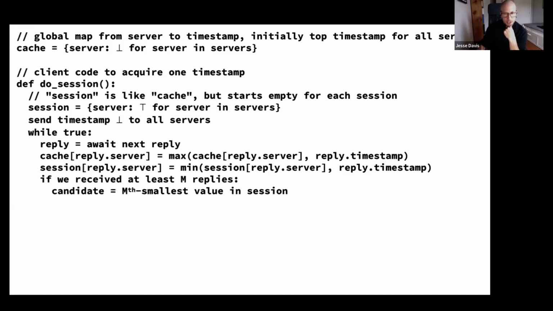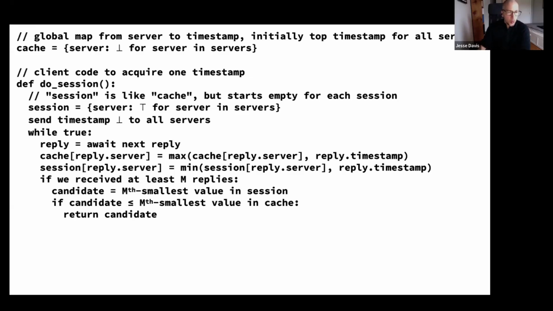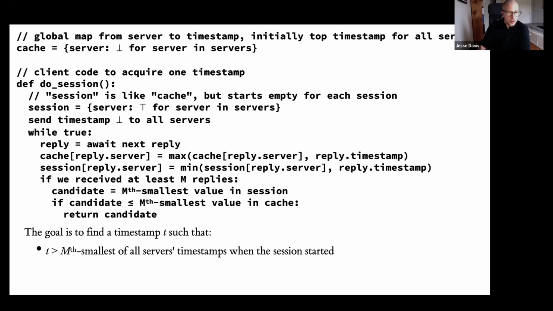We check if we received at least m replies, and we set the candidate to the nth smallest value in the session. And if the candidate is less than or equal to the nth smallest value in the cache, then we can return it. So why do we now know that this candidate is the correct timestamp? The goal was to find a timestamp which is greater than the nth smallest of all servers' timestamps at the start, less than or equal to the nth smallest at the end.